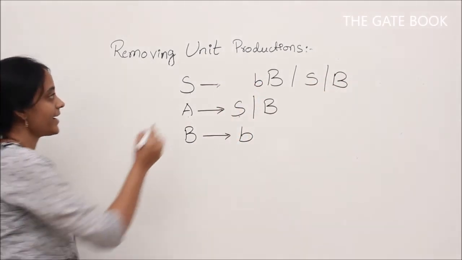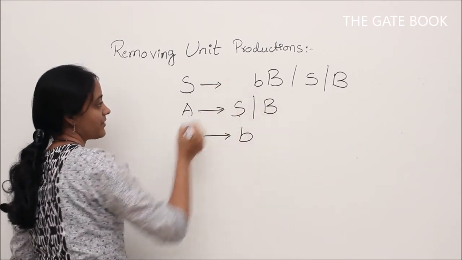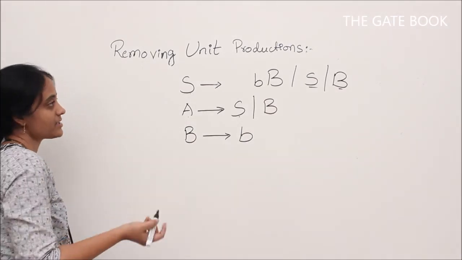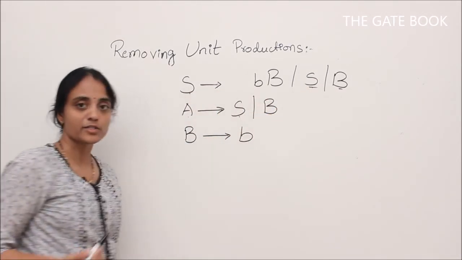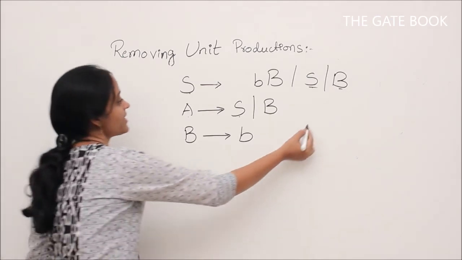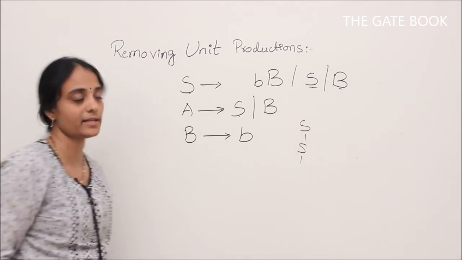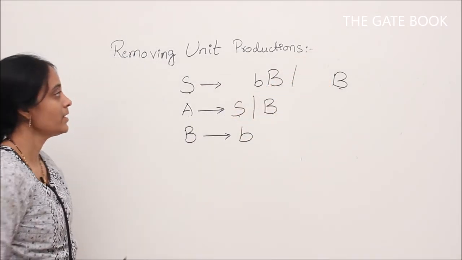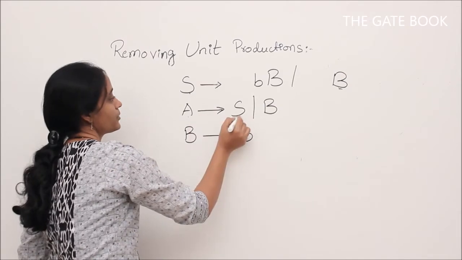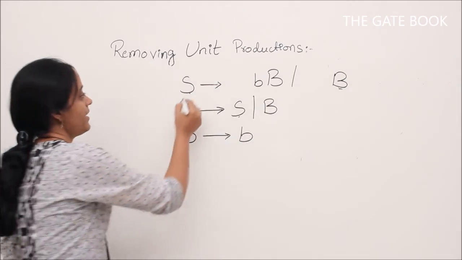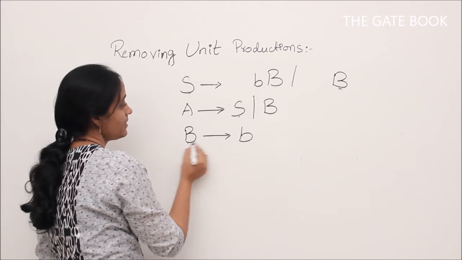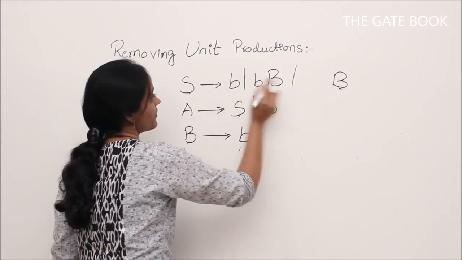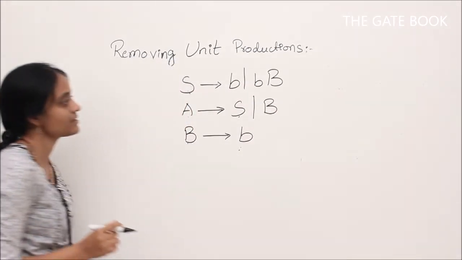Now we have added 2 productions because we have removed one unit production, and both of them are again unit productions. What is the one? S derives S. It is totally redundant because S can anyways derive S, right? So it is not adding anything. So we can simply remove whenever there is such a production. Now we are left with 3 still to remove. Let's start with S derives B, and if we want to remove it, we should add B productions. There is only one production for B, so we will add this, and then we can totally remove this.